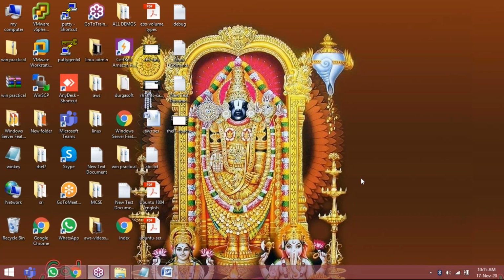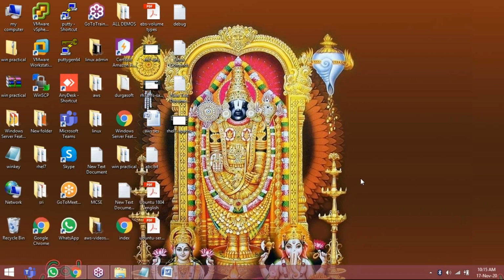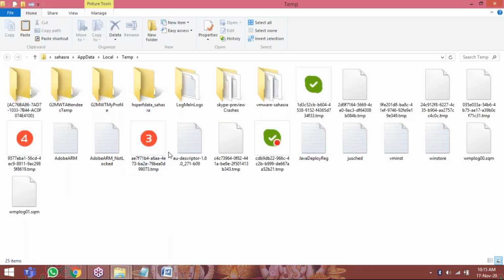You can go to the run command, type %temp%, and you can check temporary files. See, so many temporary files are there. I am deleting them every day.